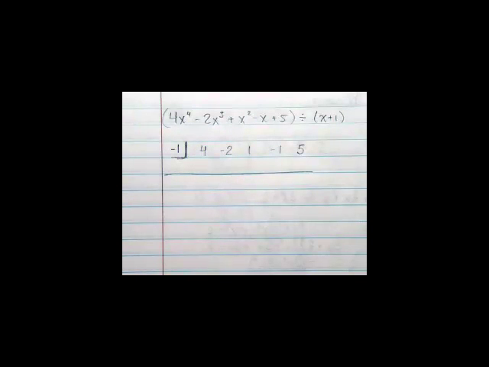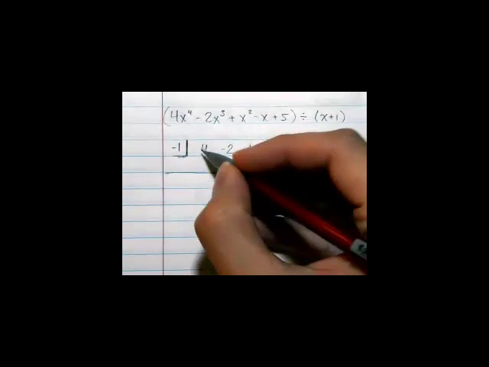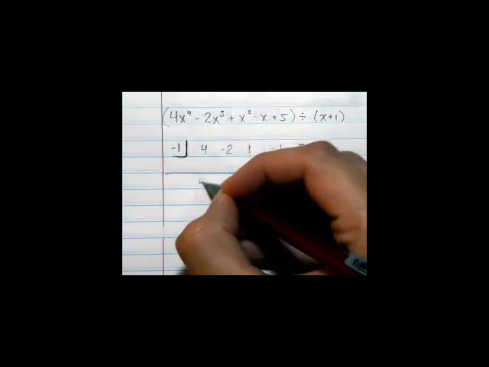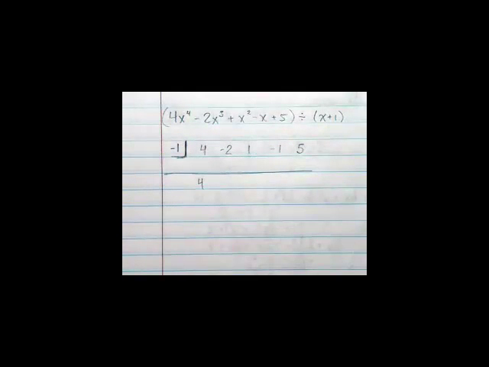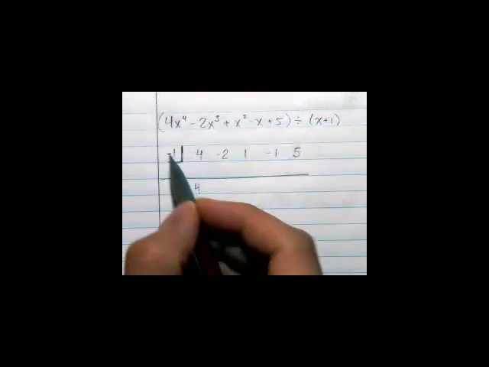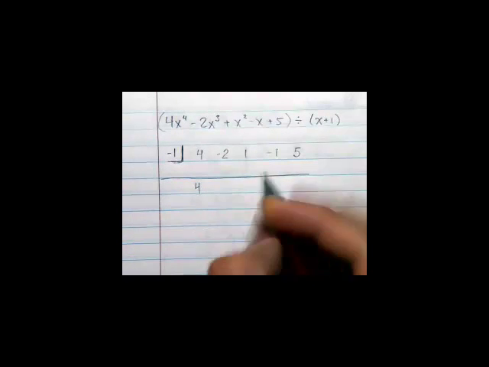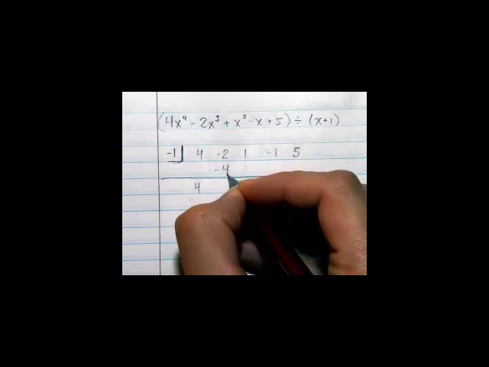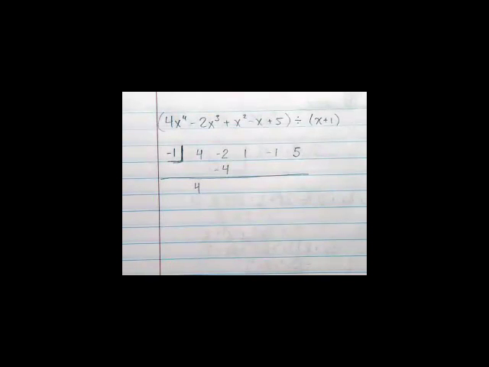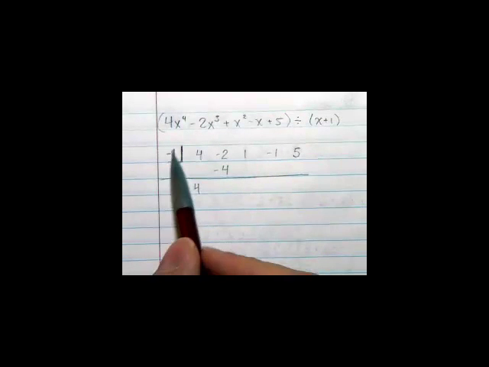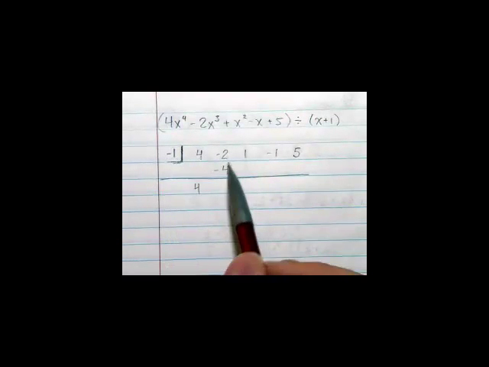Okay. So here's how it works. First number, whatever it is, just drop it down. And then we're going to do that multiplying around step. So negative 1 times 4, negative 4. Okay. And then straight down there, because I switched the sign on this to negative 1 instead of subtraction, now